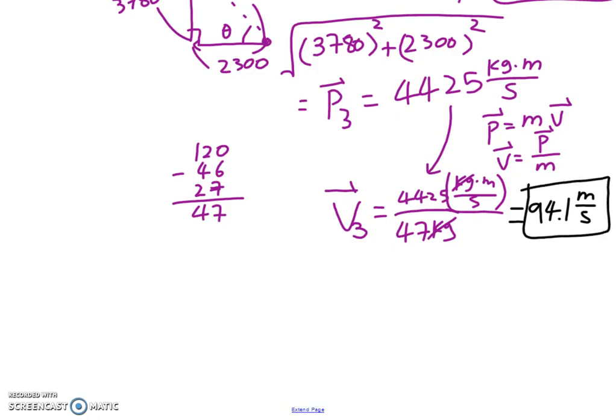However, it is good to go now. But we are not done. We need to find an angle, which we can do using our components over here. Then you get